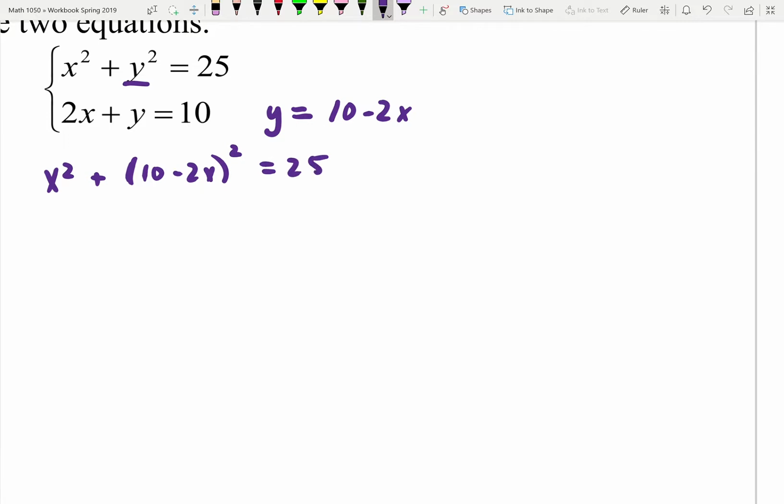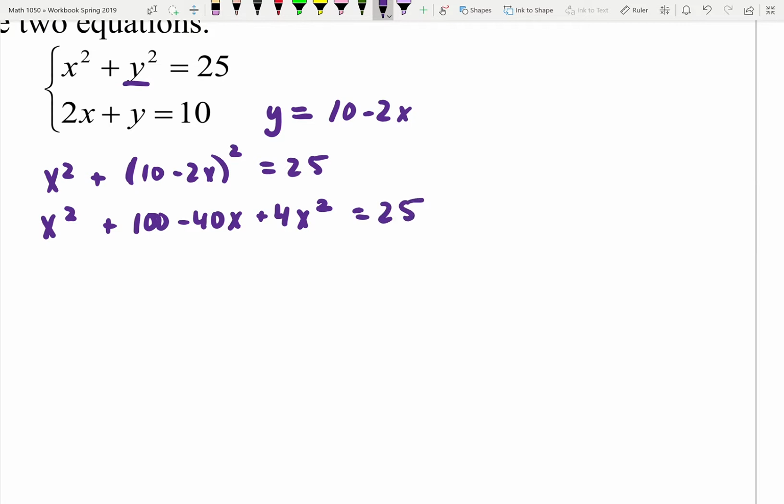You guys, (10 - 2x) squared is not "square the 10, square the -2x." You have to write it twice and FOIL it. Yeah, I'm going to do that in my head, okay? So 10 times 10 is 100. Then you have a -20x and another -20x. That gives me a -40x. A -2x times a -2x is a +4x squared